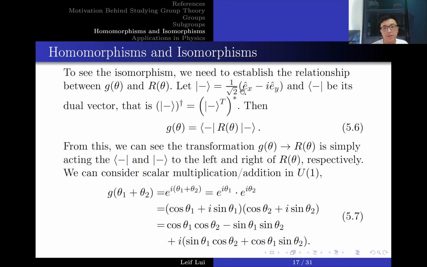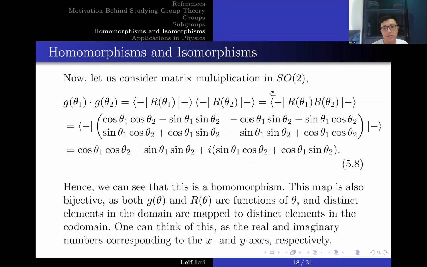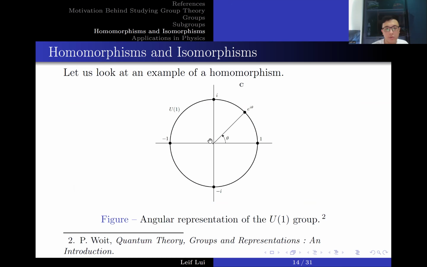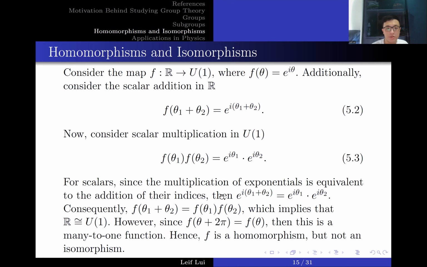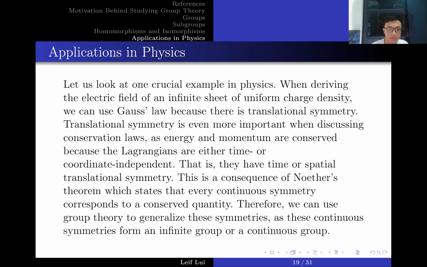And here, when we multiply by the ket, we multiply i by the y unit vector and the x by 1 of the x unit vector. So the x is real and the y is imaginary. So this is another way of thinking about the structure. And you can also see this in the picture here. We can see that the x-axis is the set of real numbers, but the y-axis is the set of imaginary numbers. So this is the nice thing.